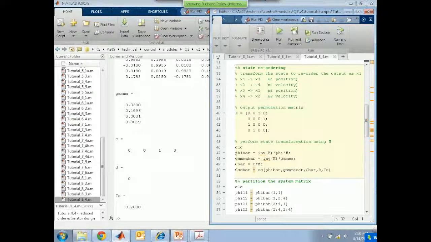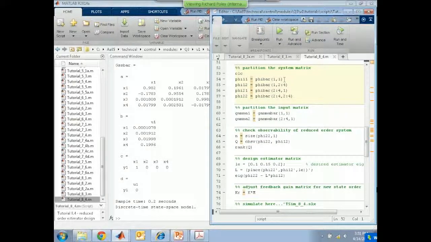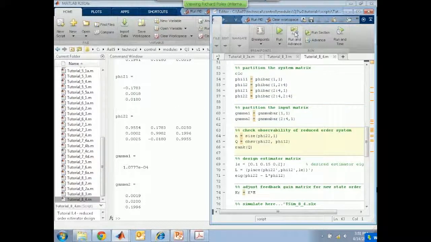And then down here I'm forming these matrices that I need for the system. Okay, so there you go. There's a new matrix, reordered matrices. And now we've got to create the partition matrices. So there's the phi matrix and the gamma matrix.